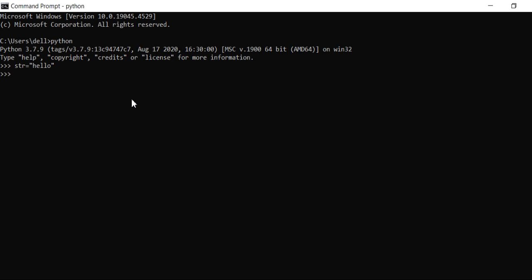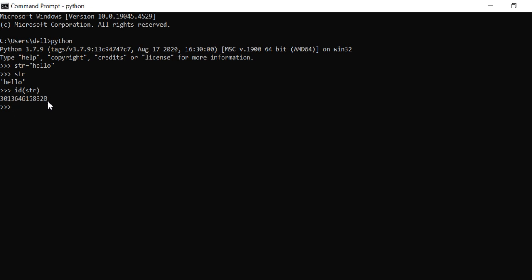Now I want to check whether this object hello is stored in my str or not. For this, type the variable name and hit enter. Yes, this object is stored in this variable str. Now I want to check the ID of my object. So write down id, and inside the round brackets write the variable name str. With the help of str, we can easily access this object. Hit enter. The object ID is 301364615832. The ID differs from PC to PC. It is not the same for every PC.